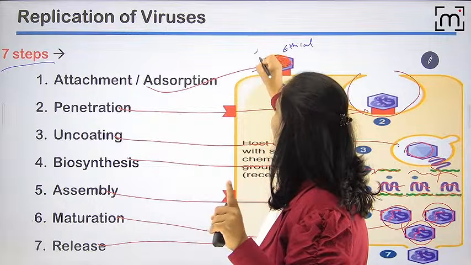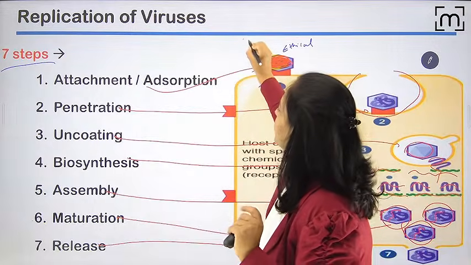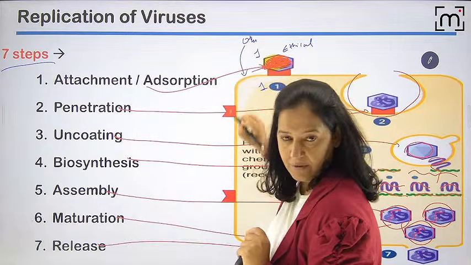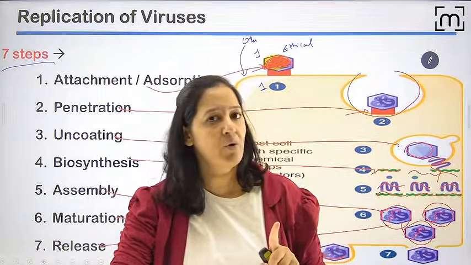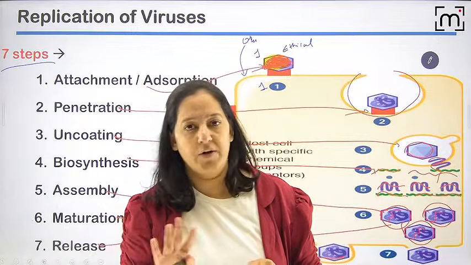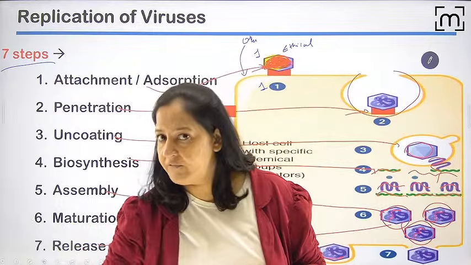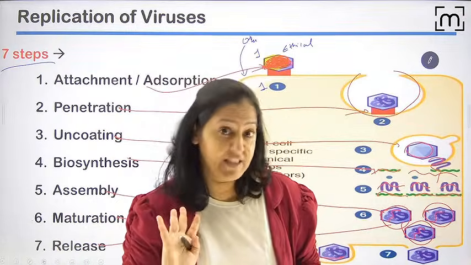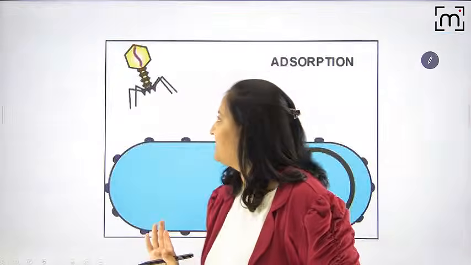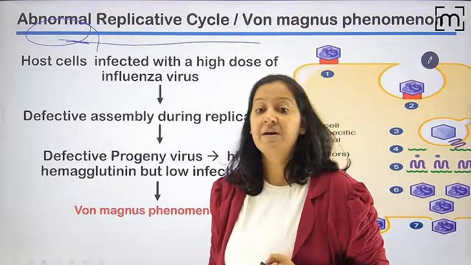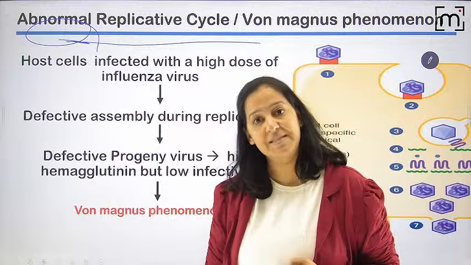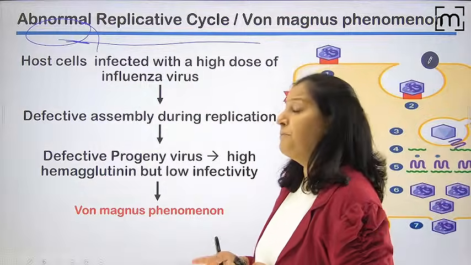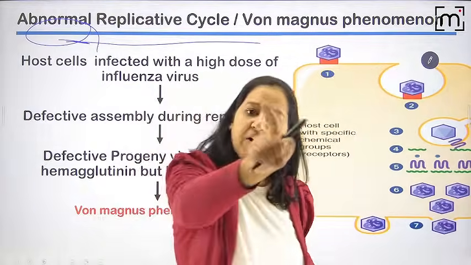When one virus enters one host cell, the others do not dare to enter the same cell. When one virus is already inside one human cell, others do not enter. The other virus sees from outside that one virus is already there. No, I will search for some other host cell, I will not enter there. That is the ethics of the virus. Never forget. Got it? Now listen, apply these ethics here. Some viruses forget their ethics. For example, influenza virus. Sometimes multiple influenza viruses enter one host cell.